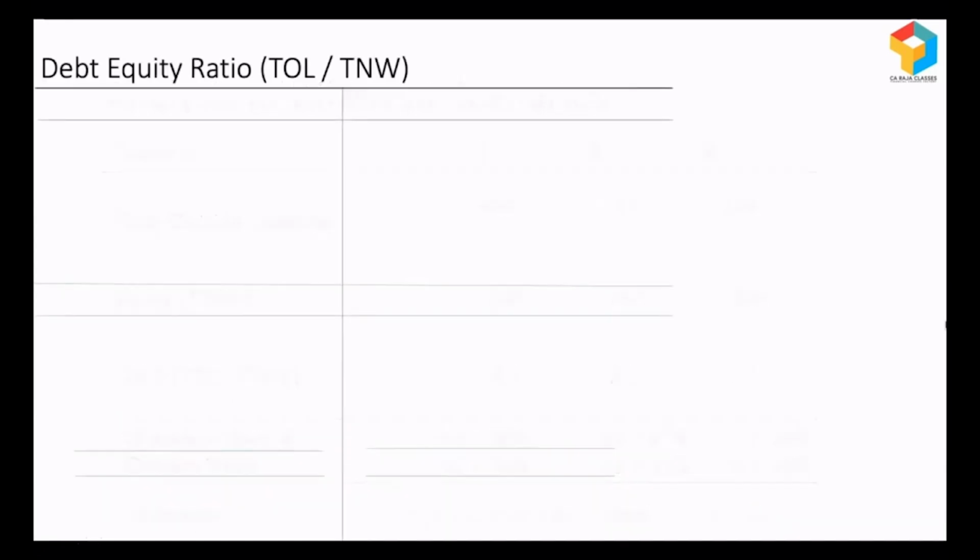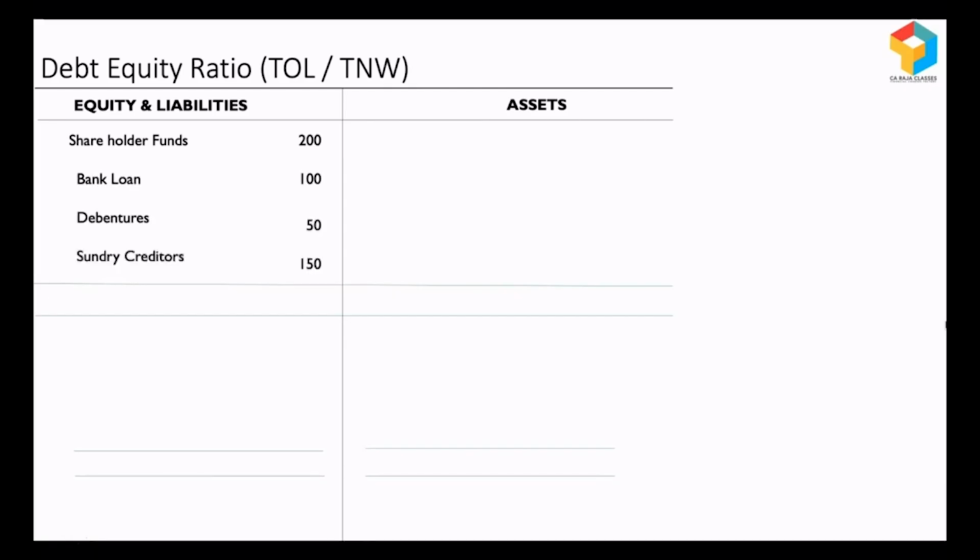Let me give you a scenario so that you can understand it better. So this is one sample balance sheet I'm using. Look, there are shareholder funds 200, bank loan 100, debentures 50, sundry creditors 150, so total is 500. And on the asset side you have current assets 250, fixed assets 150, investment in subsidiary 50, goodwill 50, so